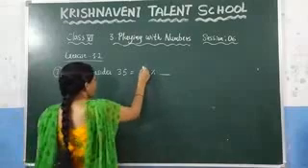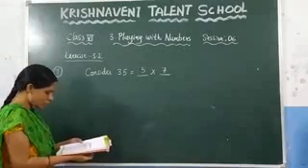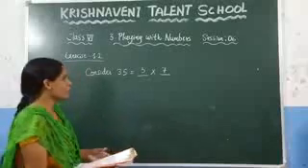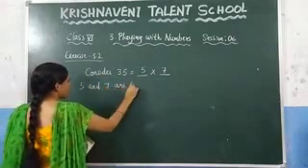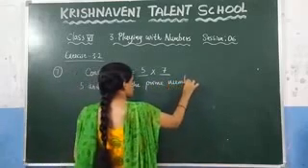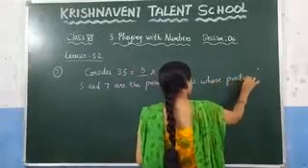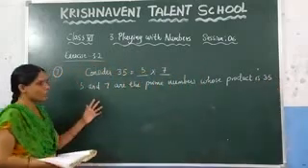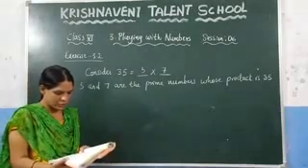What are those? You know that 5 into 7 is 35. And here 5 and 7 are prime numbers. So, this is the question they have asked here. What they asked here? Write two prime numbers whose product is 35. So, write it here. 5 and 7 are the prime numbers whose product is 35. This is the question they asked. You need to write 35 as the product of two prime numbers. What are those? 5 and 7. Now, see the next question.